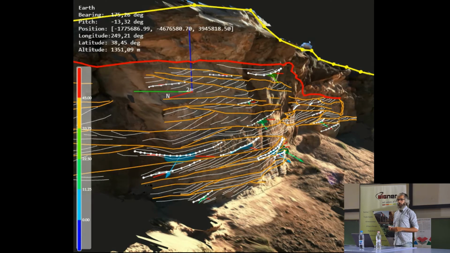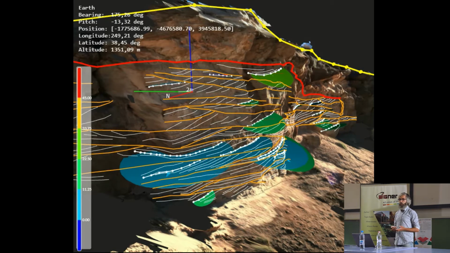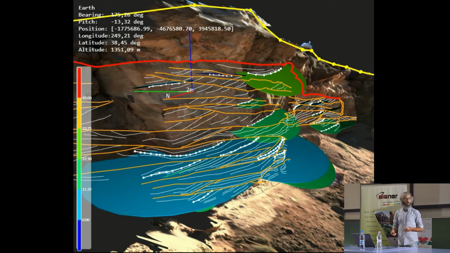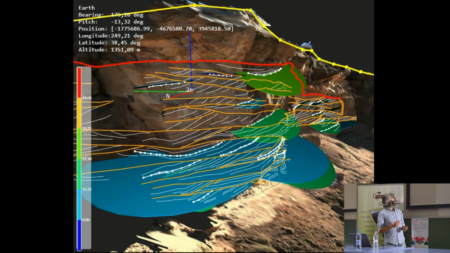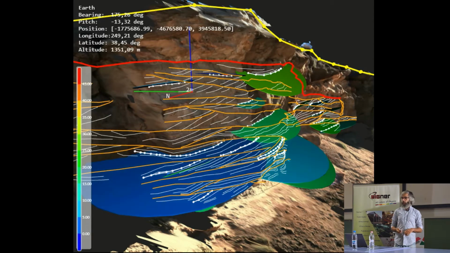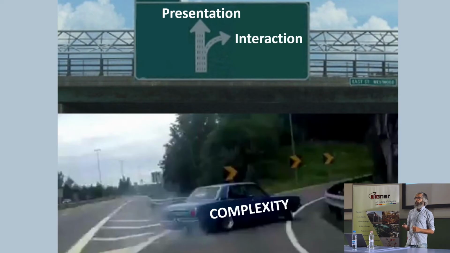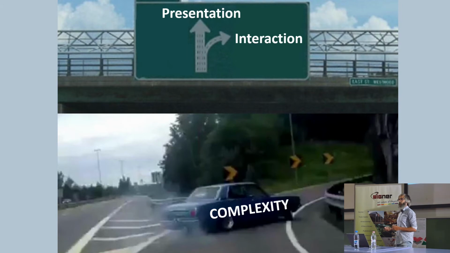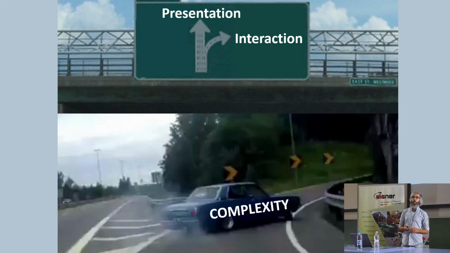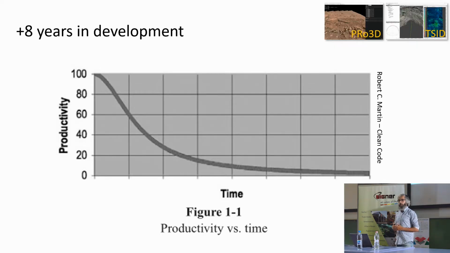And we can see there's a lot of dynamism going on here. We also have an interactive legend here, which changes with the boundaries. So this all has to be taken into account. So all of a sudden, we go from presentation and take a sharp right turn to interaction. And this introduces a central point through this complexity. So increasing complexity in 8 years of development